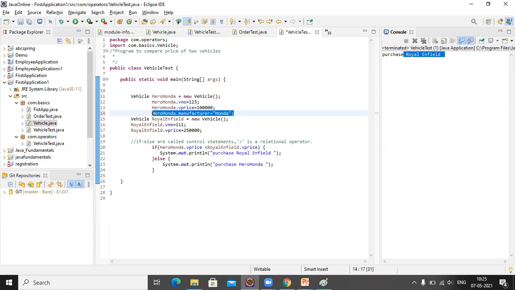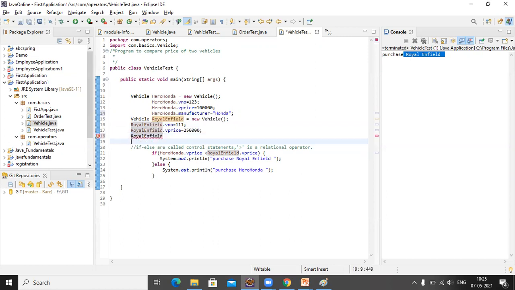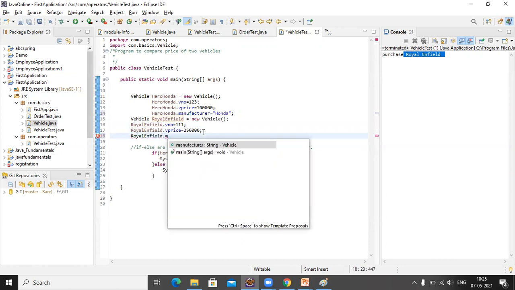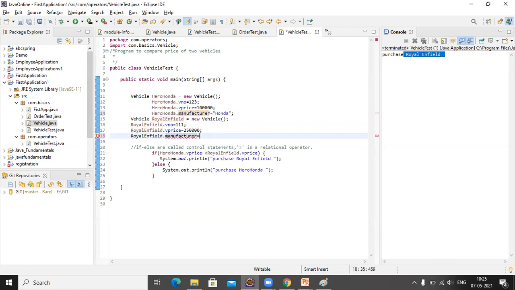Similarly, Royal Enfield dot manufacturer equal to, I'm not sure who is the manufacturer of Royal Enfield, so let me take Maruti.